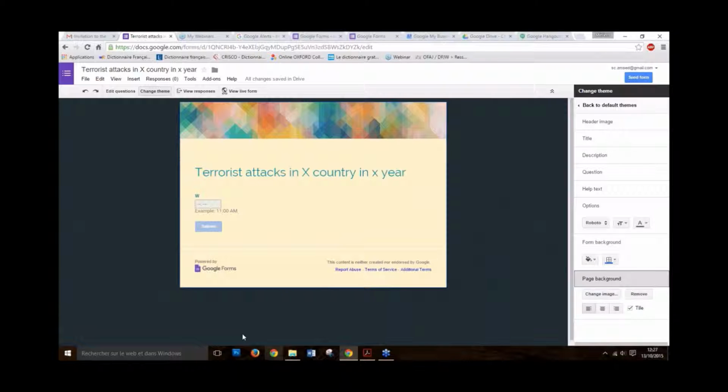And the page background is for this part. You can choose a color or you can choose an image. And if your image is really small, for example, if it only takes this part, with tile, you can make it reproduced all along the page. So again, have a try. It's really easy